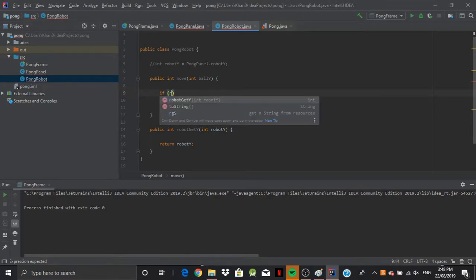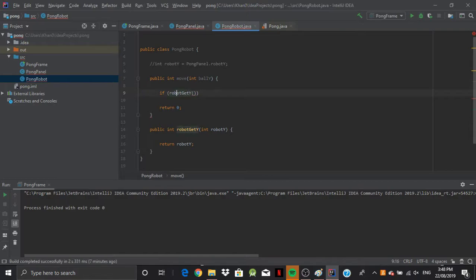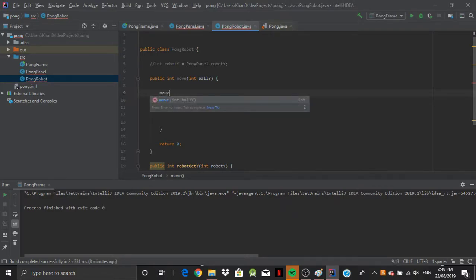So if robot get y, actually no, let's do this the opposite way, just so you can get the hang of it. So if the ball y is greater than robot y, or robot get y, I'll just make a variable here, and we'll call this move. So int move, where it can only be,